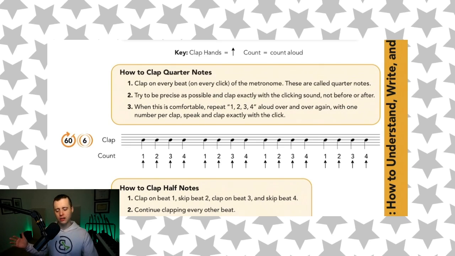You can put a metronome on. When you can anticipate when the next click is going to be, then you're going to do one clap with every single click, like this. That first one was a little early, but that's okay. Now, once you can do this comfortably, you're going to count 1, 2, 3, 4. Then you're going to do the next step, which is to actually read and count through